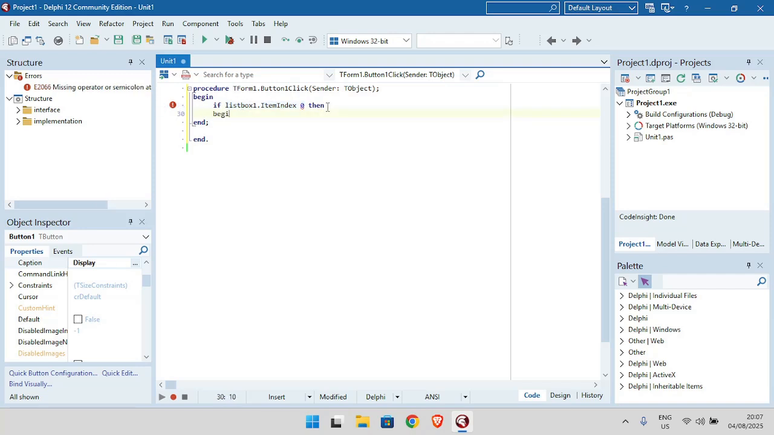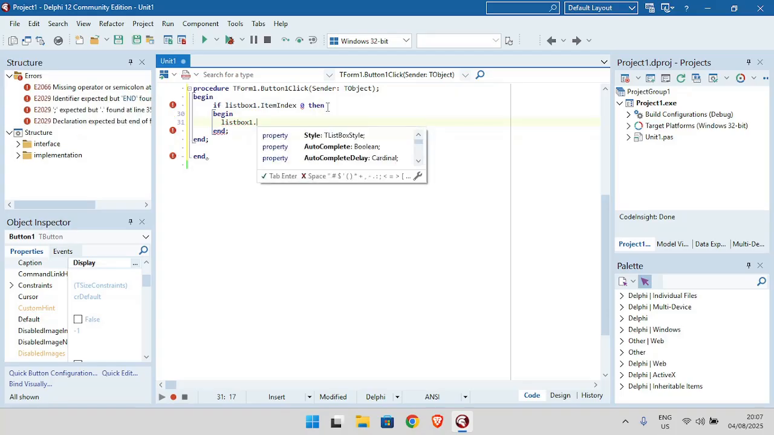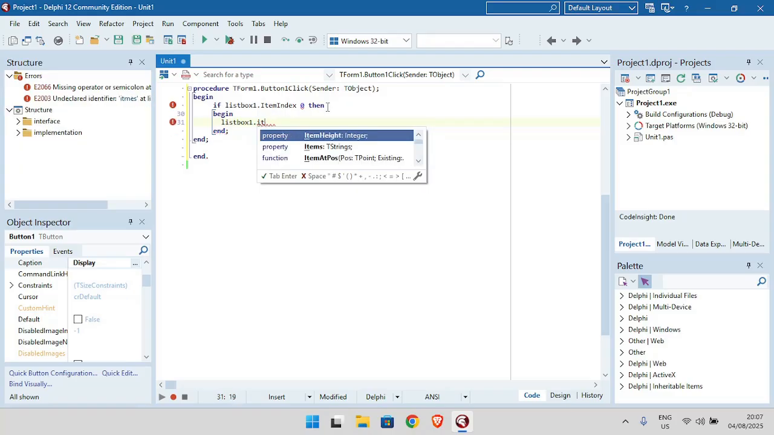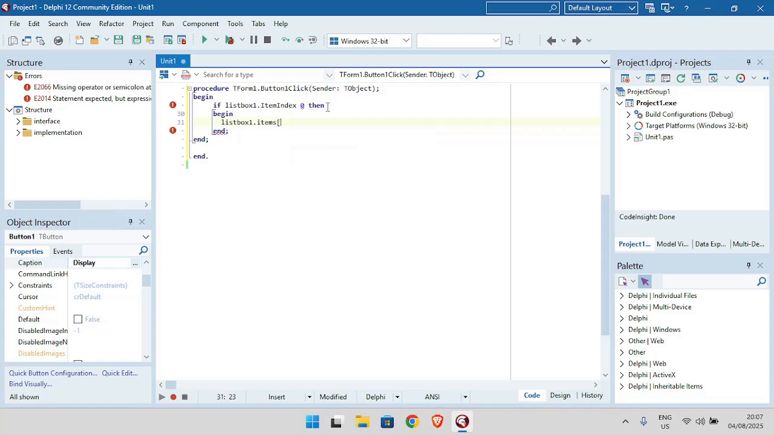then I want to display the text from that list box. Let's say Items, square brackets, and then we can say we want to display the content of the first item. First item will be 0. We need to be equals to 0. Okay, so if the Listbox item index is equals to 0, then we display the content of the first